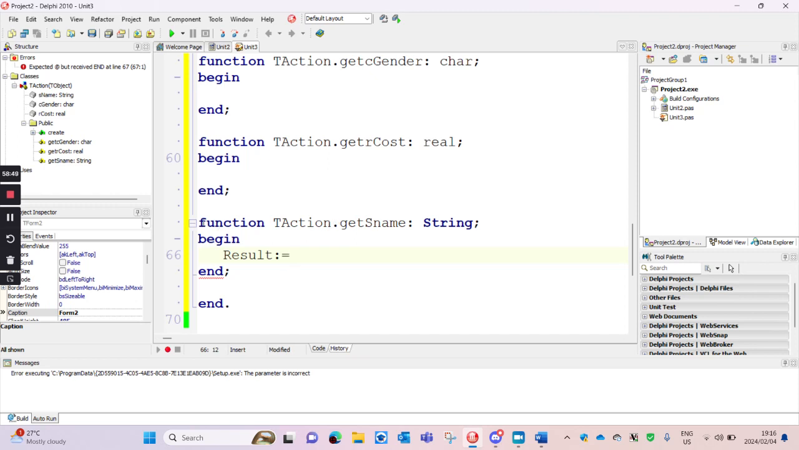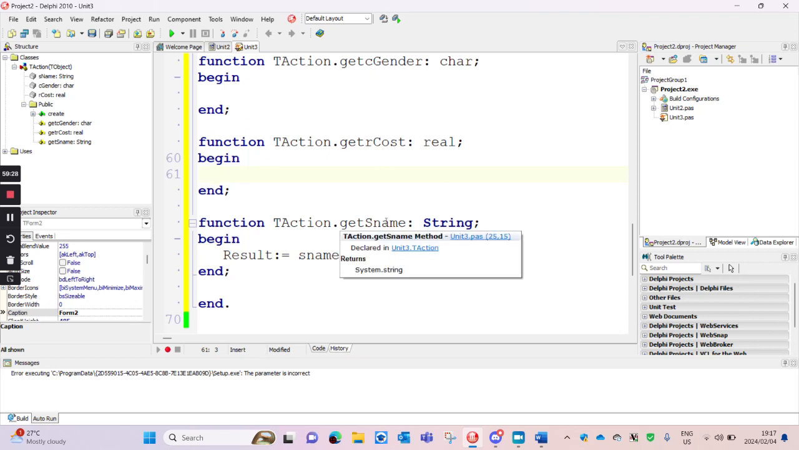So if you've got a function with this data type, see it as if there was a variable created for you with the name result, and result has got this data type. So whatever you give to result will be sent back to the other unit that calls it. So with the get s name, what do I want to send back? Yes, perfect. And that's what we do with all of them. So with my get cost,